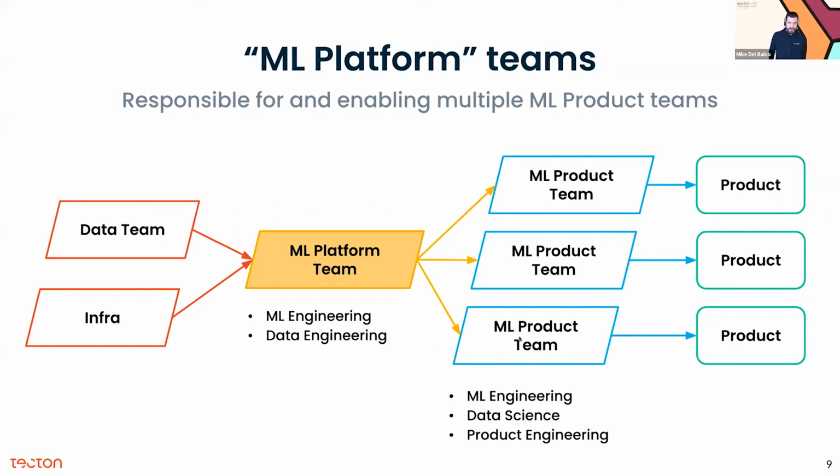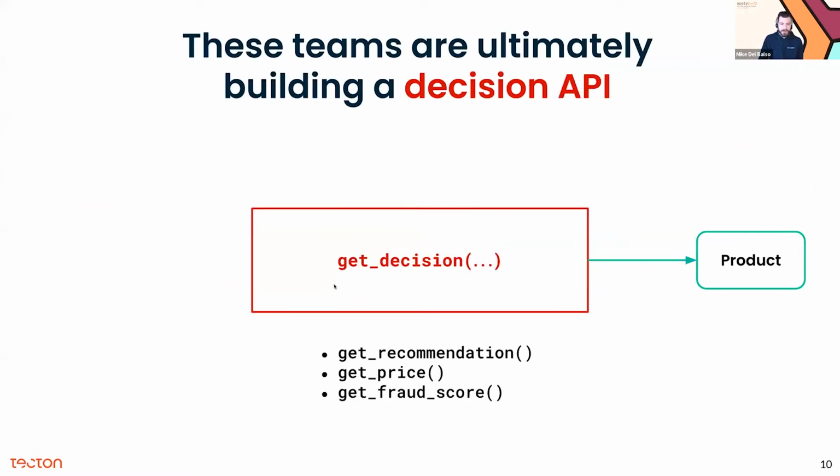But this is a lot of stuff, right? We're trying to put ML in our products. Look how much complexity there is here. There are multiple teams. They have to collaborate. You have to hire different people to do different responsibilities in each team. All of this is just in service of the product. What does the product actually need? If you're the e-commerce web team and you're just trying to show predictions, what do you care about? You're just trying to get a decision. So all of this machine learning is just an implementation detail for the end consuming team, where they just really want this decision.